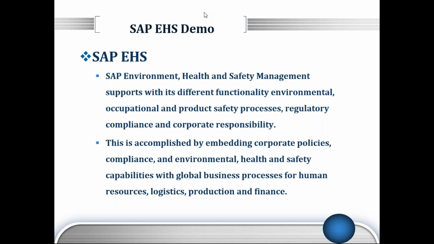Okay, so how does SAP EHS help organizations in managing their EHS activities? Or why do you think that we need to have a software for EHS? I understand we need it for sales and distribution, or maybe for material management and other functionalities in an organization.